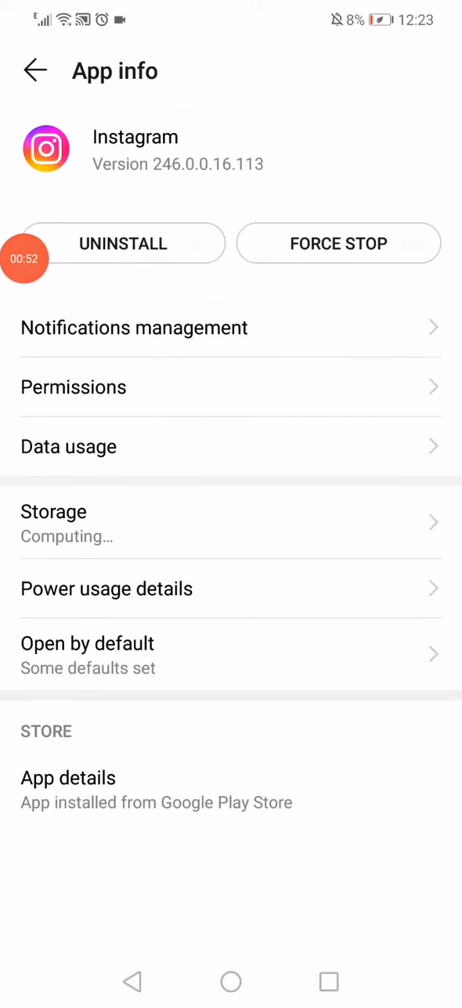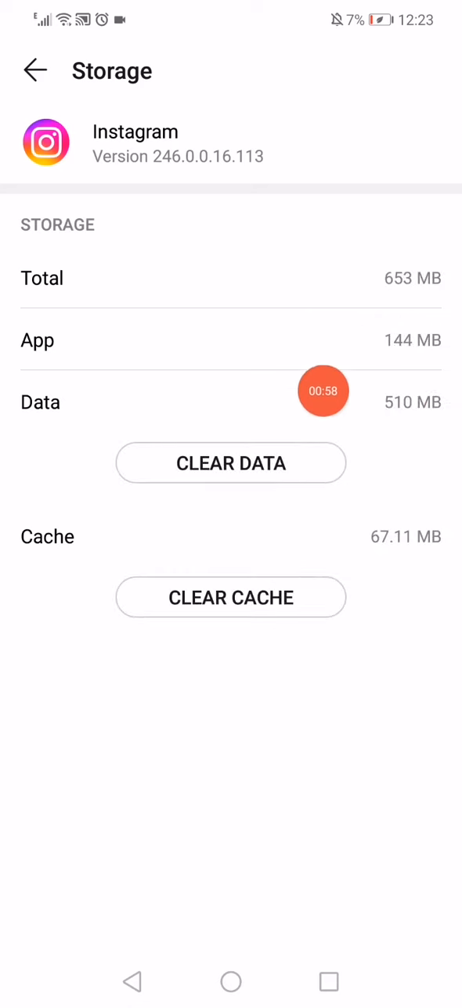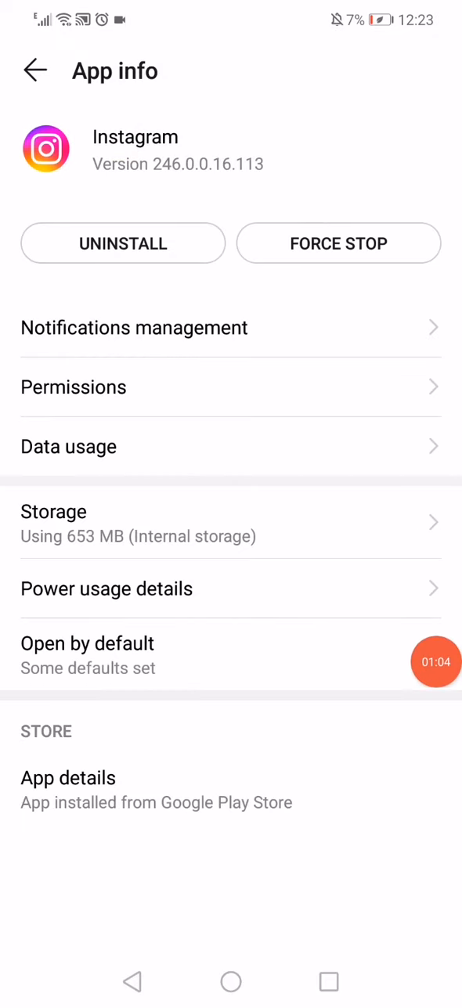Go back again, go to storage, and now right here wait a few seconds and click on this clear data option and then click on clear cache. Now the last thing you have to do is restart your phone and reopen Instagram. If the problem didn't solve it, then all what you have to do is uninstall Instagram app and reinstall it